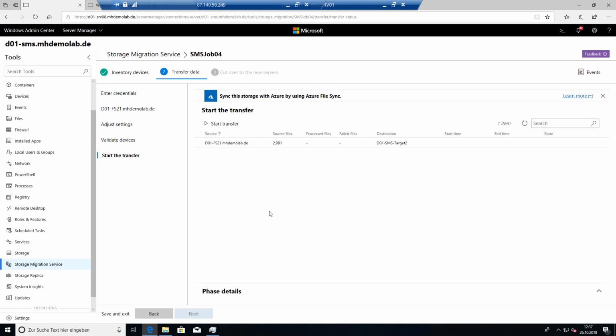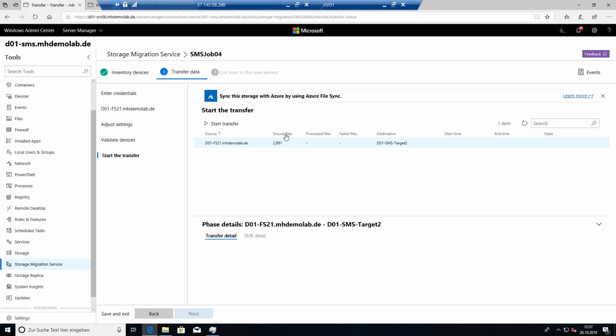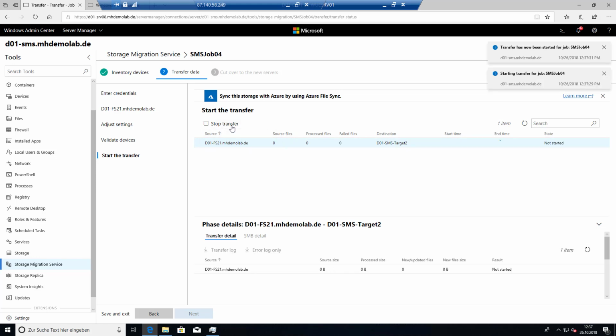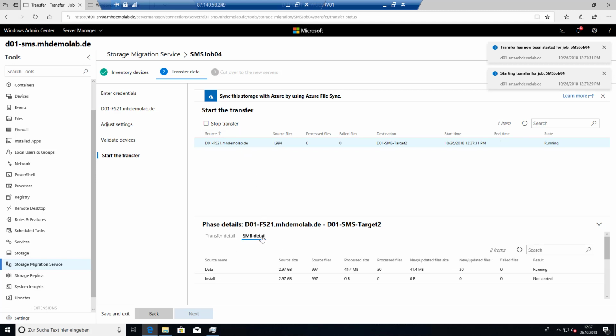In the transfer, the data is transferred from the source server to the target server. I will start the transfer here. In the details, the SMB details, I will see what happens. The first share is already transferred. The second one is not started yet.